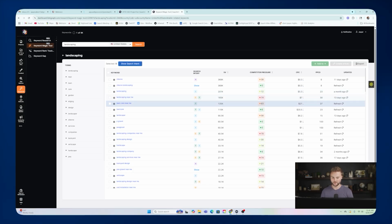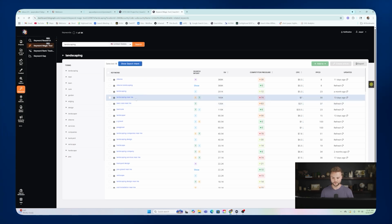If you go after really competitive keywords, you're not always going to have the best chance of ranking. It can take longer to rank, is what I'm saying. But even if you do want to go after some of these more difficult keywords, that's totally fine, because when you really think about it, we're not going to be ranking them nationally across the entire United States. For a landscaping business, we're probably just going to be ranking them in a local area, maybe 100,000 people population. And in that area, there may only be 20, 30 other landscaping businesses that are doing anything with their SEO,